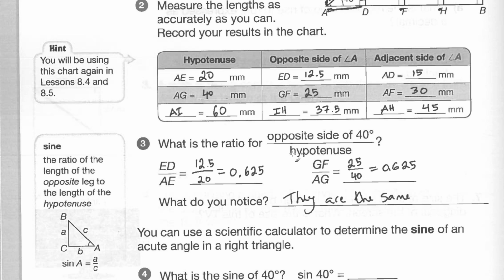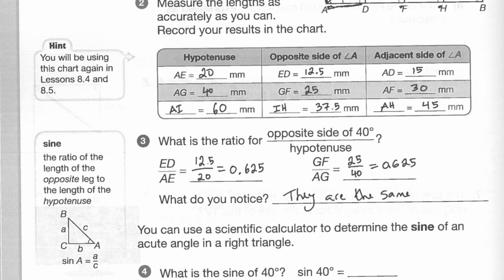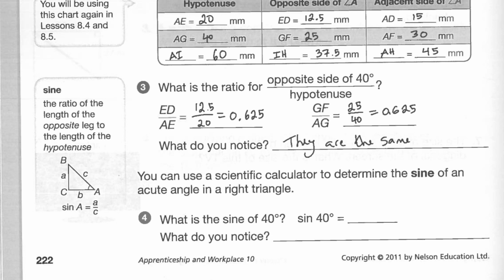For the next part, it says you can use a scientific calculator to determine the sine of an acute angle in a right triangle. What is the sine of 40 degrees? So I put in my calculator sine 40 degrees, and I should get the answer to 3 decimal places of 0.643. Now, if you put that in your calculator and got the answer 0.745 instead, you're